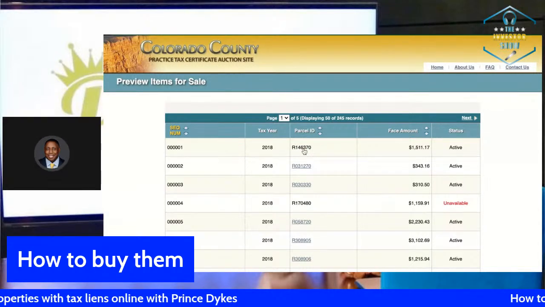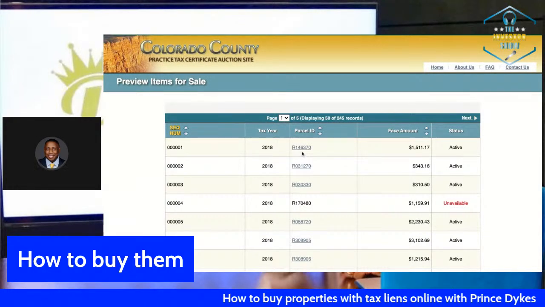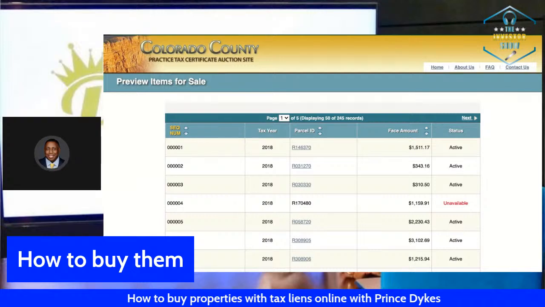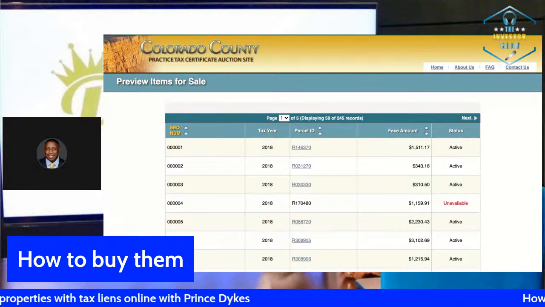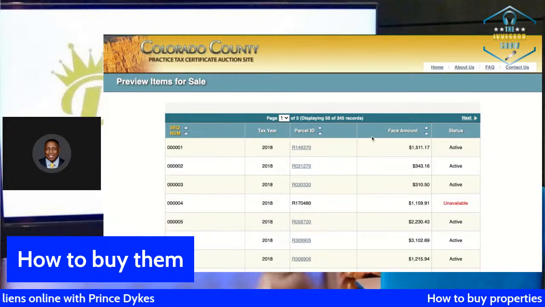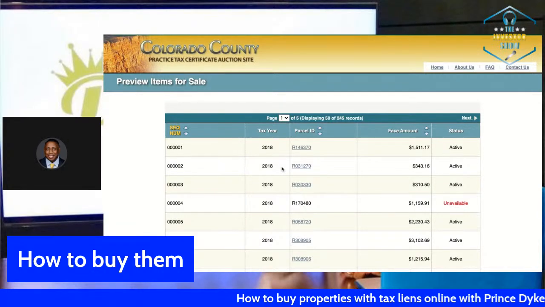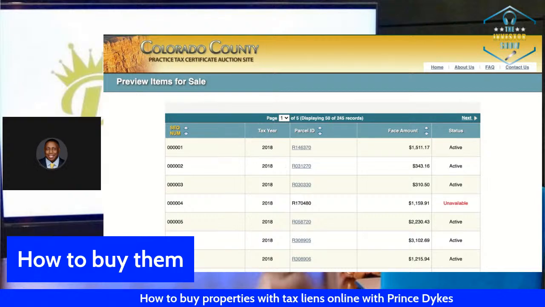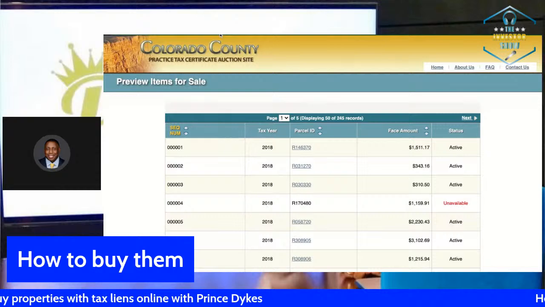So right here, you can go to the pre-sale. Hopefully I'm saying that right. I don't want to leave the website, but you can click on the ID and it can give you pictures and maps of where the land is, all of the good stuff like that. So right here, when you see this value here, you can click on it and make a bid on it. It pretty much goes to the highest bidder. That's what it is for most states and counties. All right. So now that's how you buy it.